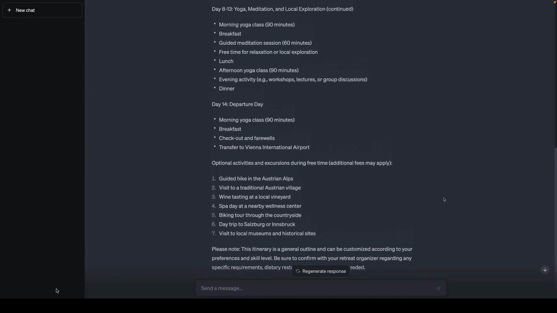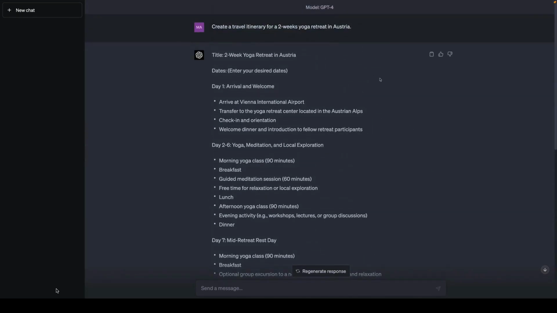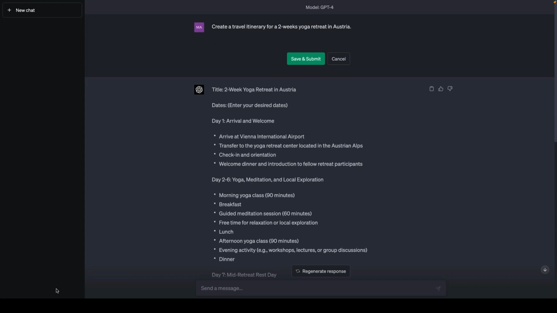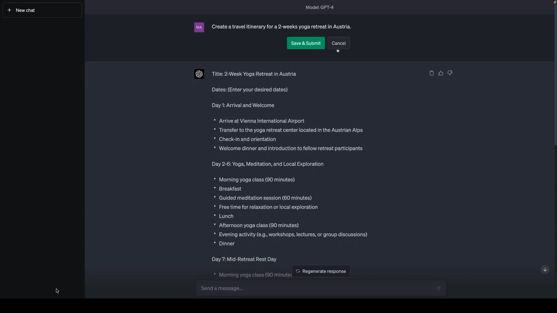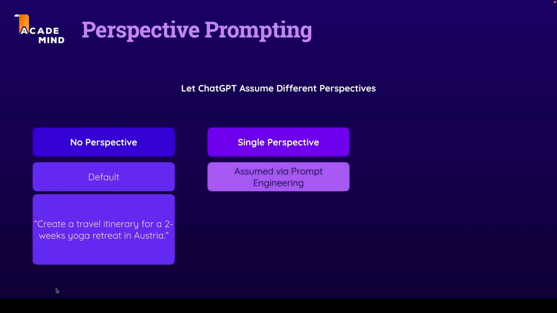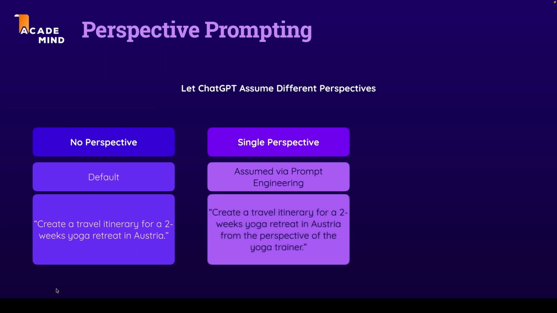Now, the response I got here is actually not too bad and could, of course, be fine-tuned by adding more information to the original prompt. We could add more details, we could add a role here, we could do all these things about which we learned. But we can also use this perspective prompting technique to let ChatGPT take on a certain perspective. For example, a single perspective, which in the end is assumed because of us engineering the prompt in a certain